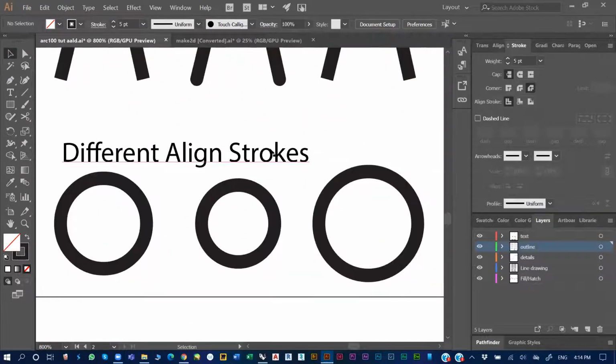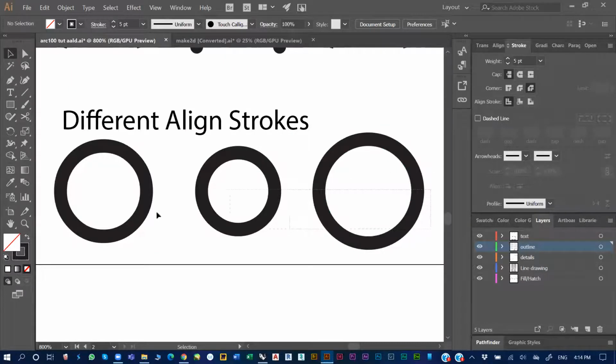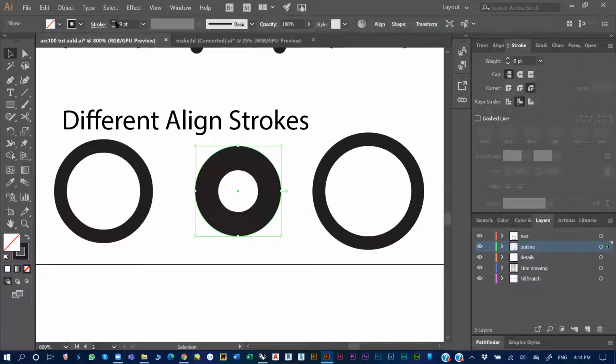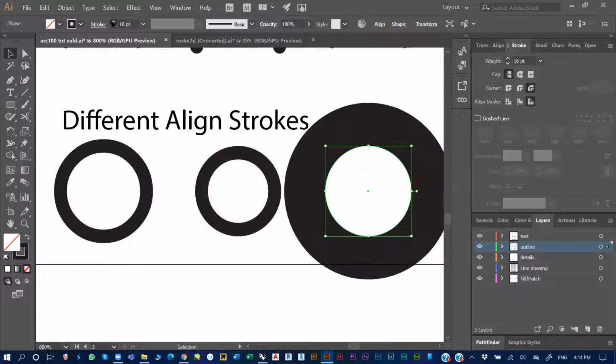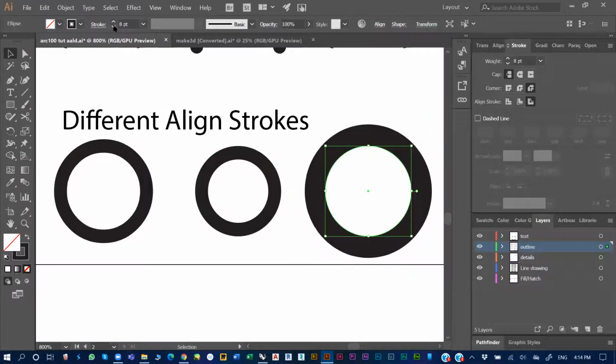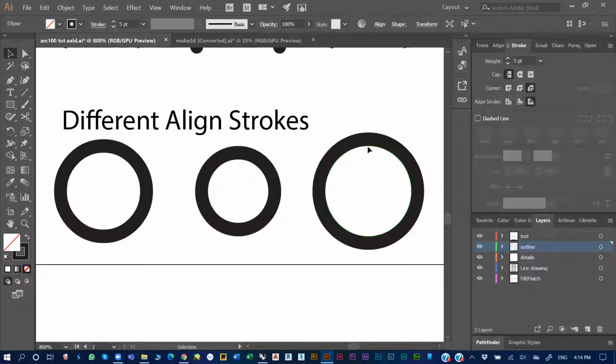And then again here, these are all the same circles, same size, but the line weights make it different. So this one, for example, the thickness is in the middle, so it spreads from both sides. This one, the thickness goes inside, so the bigger the thickness, the smaller the circle becomes. We don't want that. This one again, it's outside, so the bigger they go, it grows, and it kind of explodes. So I would say stick with this one,